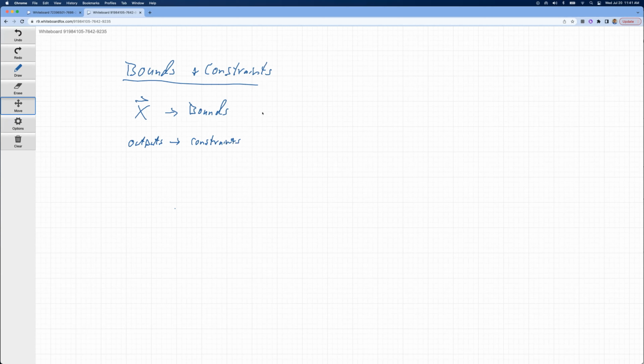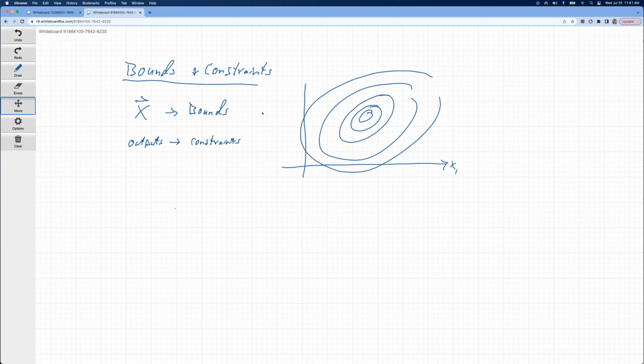Okay, and we're going to walk through an example here, but I'd like to show you what a design space might look like for something like this. So let's say that we've got a design space here. We've got X1 here and X2 here, and then we've got contours of what the response surface looks like. But then let's say we have a constraint, and I'm going to put this in a different color here.